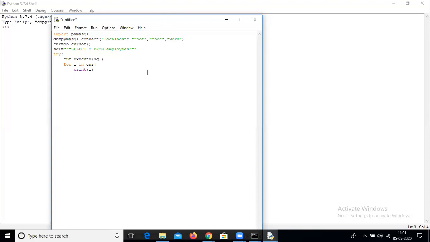It works. Now come out of the for loop and make the database commit, db.commit. If there is any problem, then we can roll back the changes inside the database by using the command db.rollback.